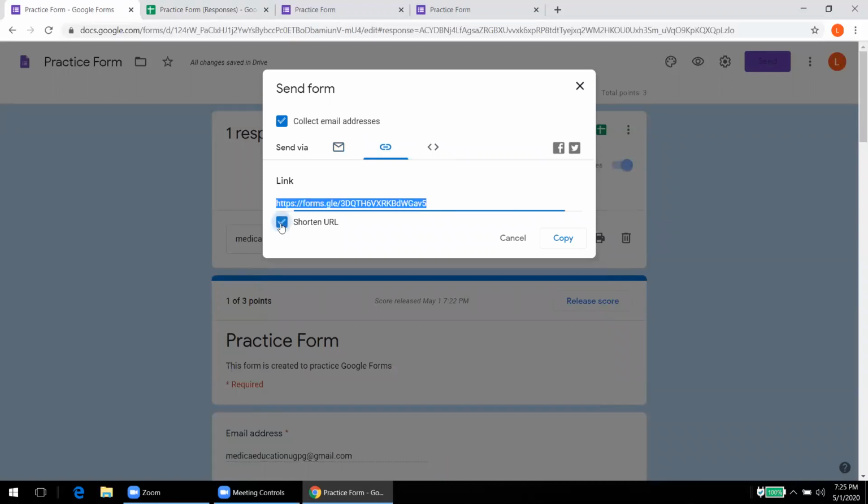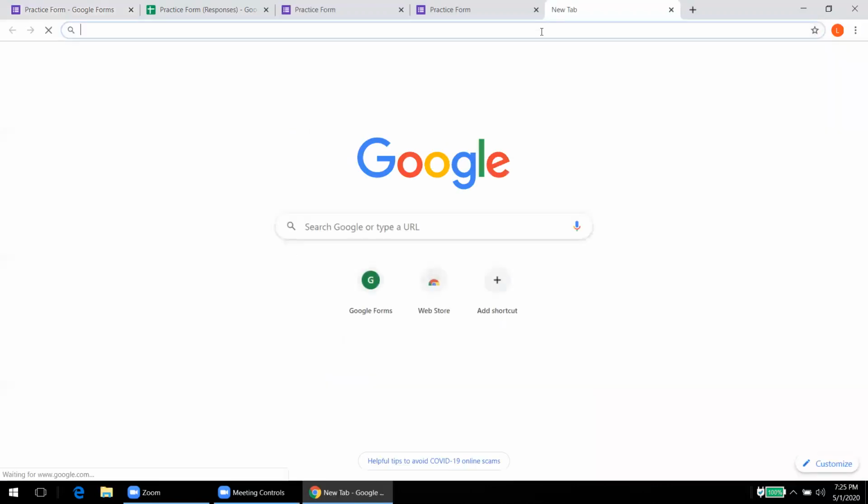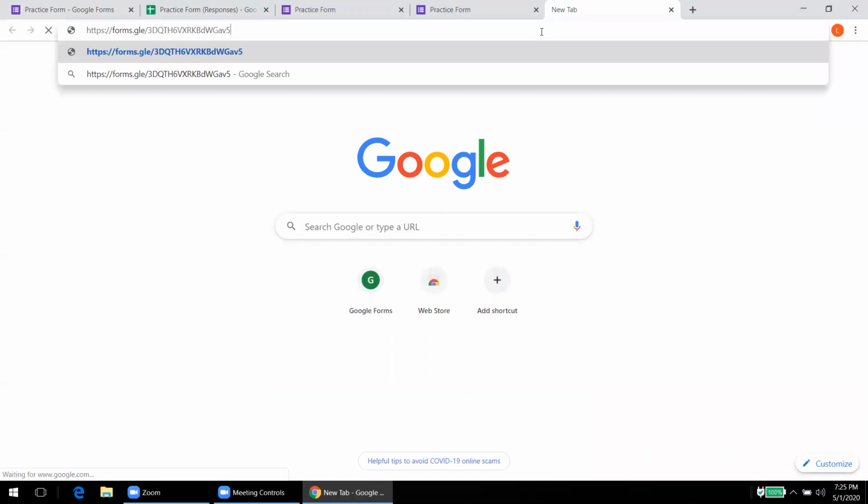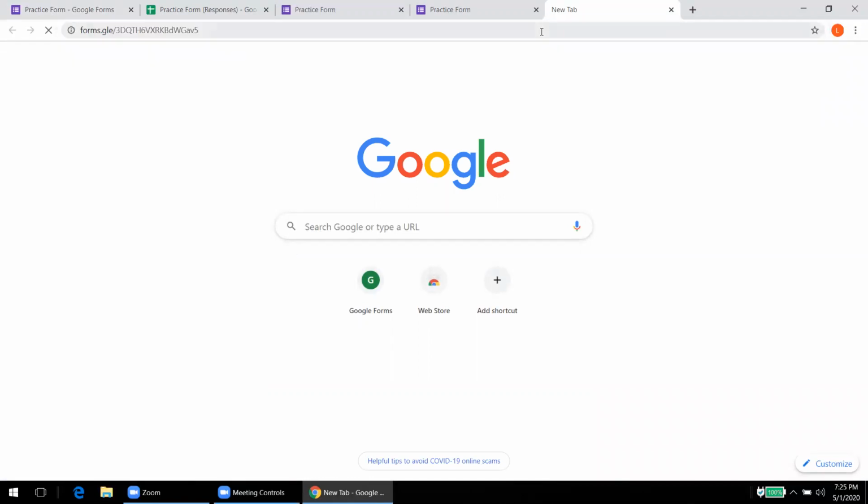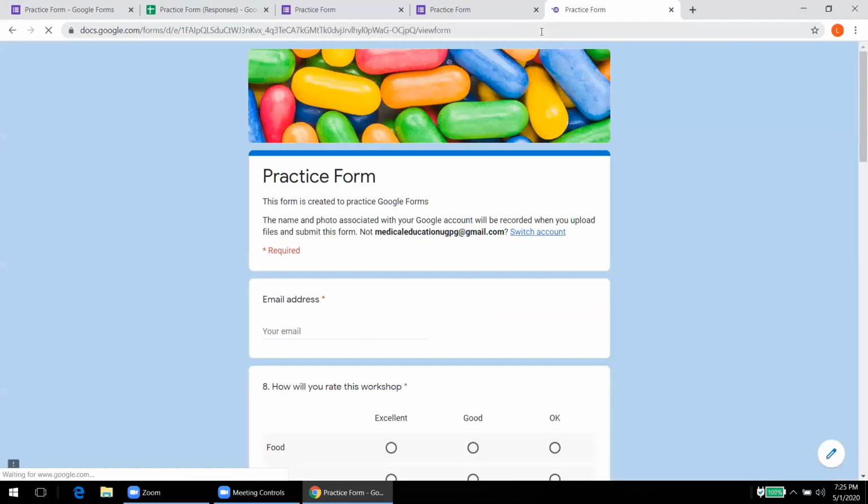This is a shortened link. So I'll copy this link, and I can send this link through WhatsApp. When a student opens this link, directly this Google form will open from the student's point of view. Okay, so this is how it will look.